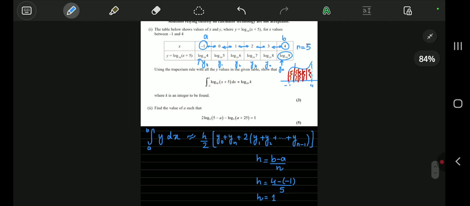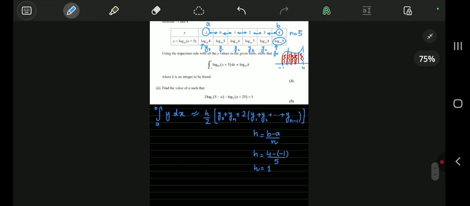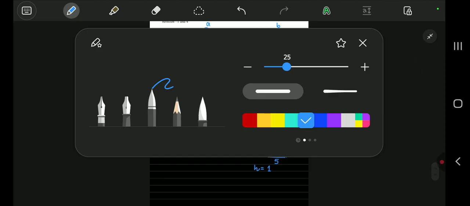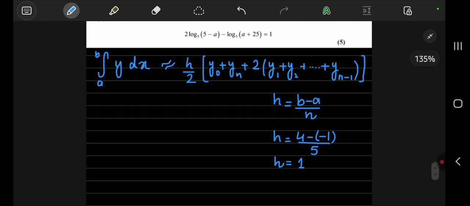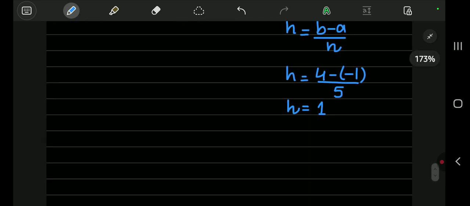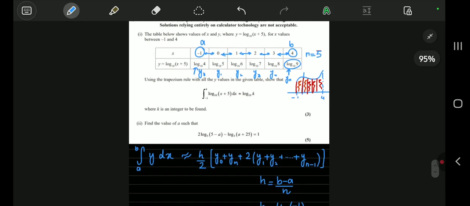We will be getting h over 2, which means 1 over 2, times log with base 10 of 4, this is your y0, plus yn, log with base 10 of 9,